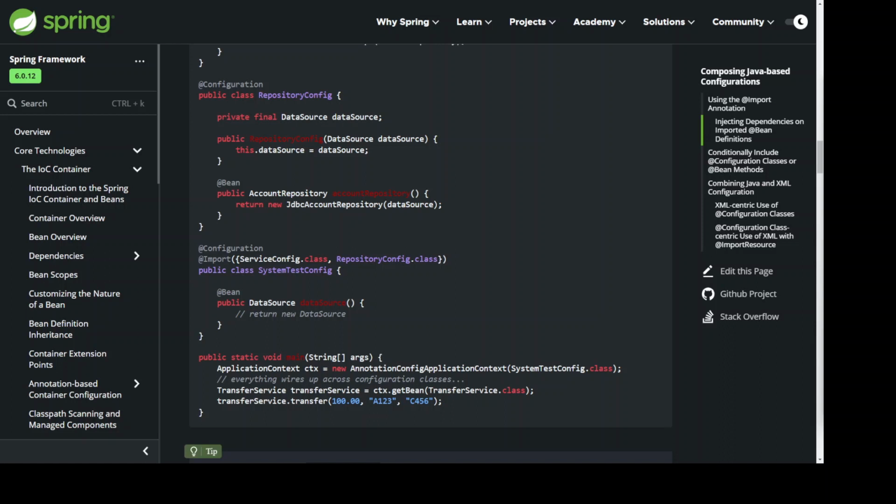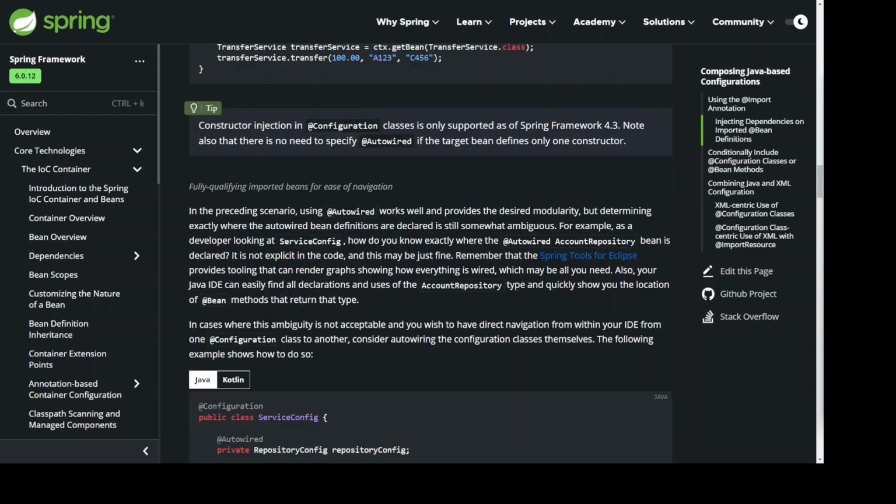@Configuration @Import({ServiceConfig.class, RepositoryConfig.class}) public class SystemTestConfig { @Bean public DataSource dataSource() { /* return new DataSource */ } } public static void main(String[] args) { ApplicationContext ctx = new AnnotationConfigApplicationContext(SystemTestConfig.class); // everything wires up across configuration classes TransferService transferService = ctx.getBean(TransferService.class); transferService.transfer(100.00, "A123", "C456"); }